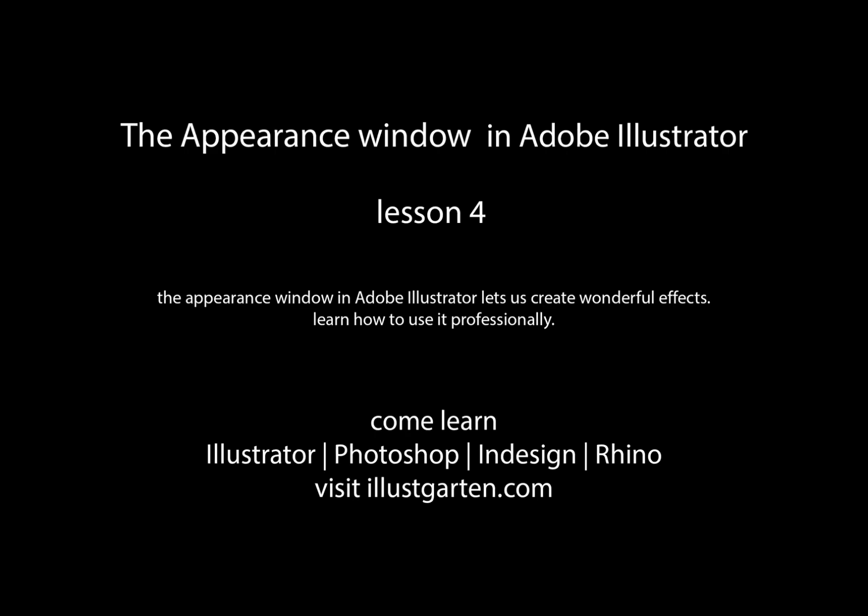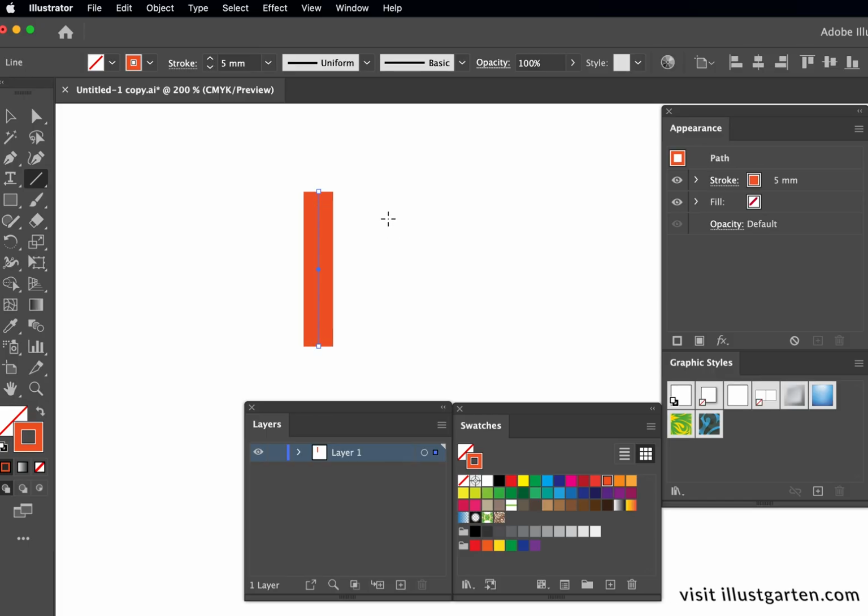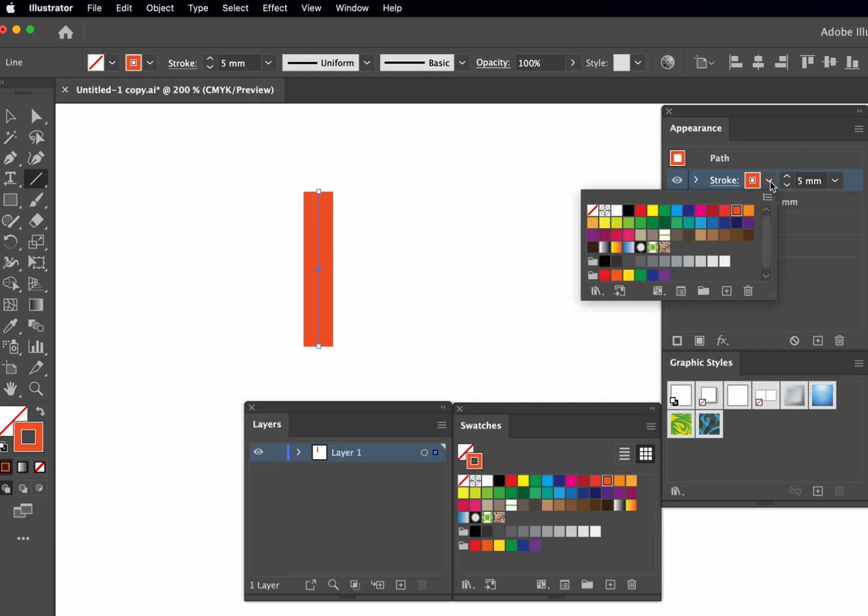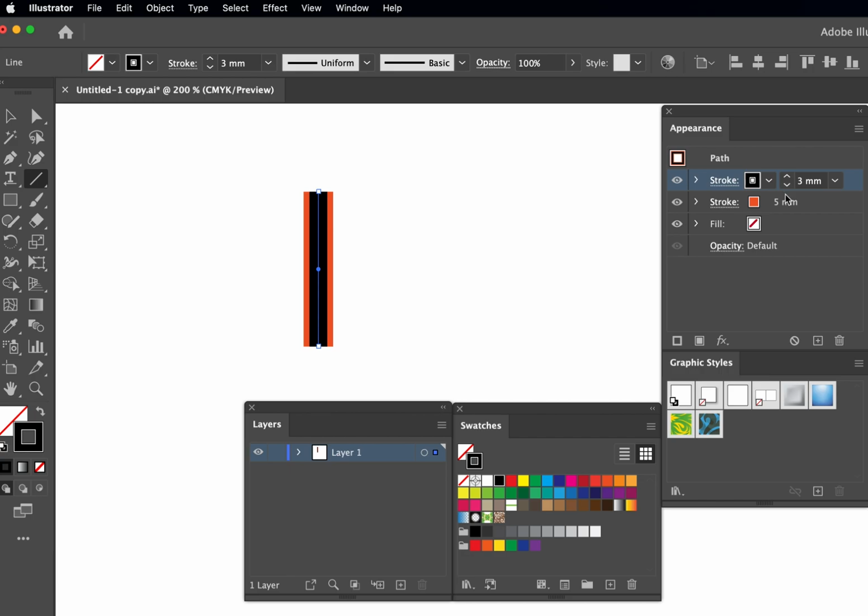I'd like to discuss the benefit of grouping when using the appearance window. Let's say I create a line, and this line has a stroke of 5 millimeters. Let's add another stroke, and let's color this one in black. Let's make it thinner. Now, I'm going to create a graphic style from this appearance by clicking on New Graphic